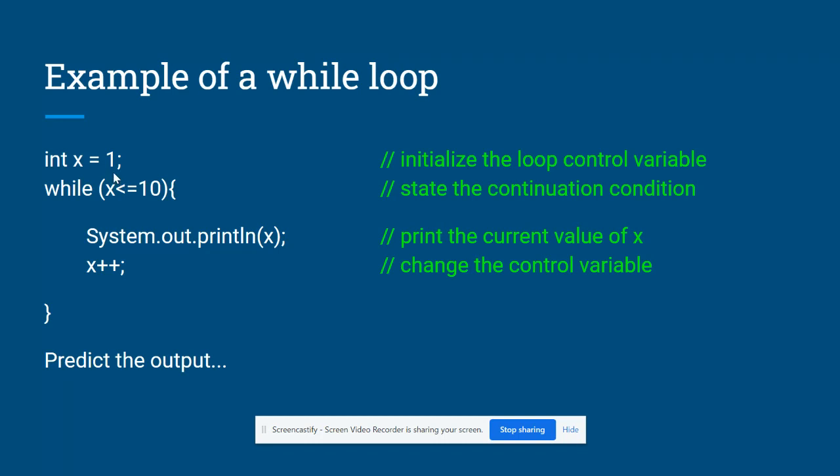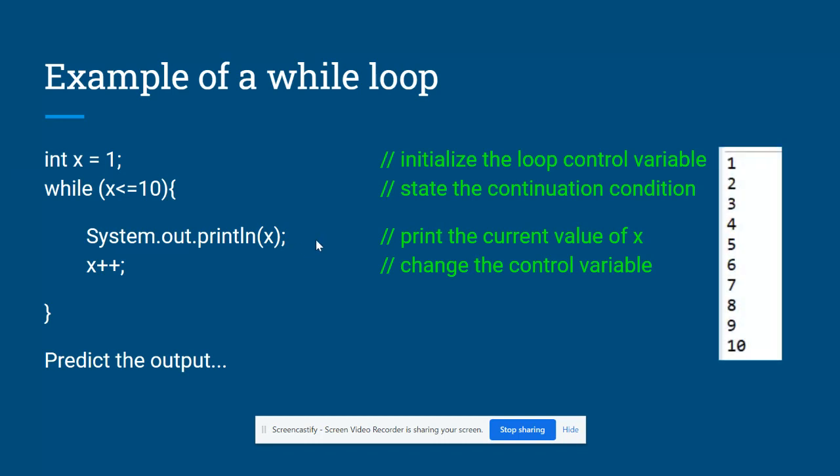So here's another example of a while loop. This one, again, starts x at 1, keeps going while x is less than or equal to 10, and in the loop it'll print it out and then increment to the next thing. So what is the output? You can pause it and predict. Here is the output. The first time, since x is 1, it prints 1, then makes x 2, goes back up, 2 is less than or equal to 10, that's true, prints a 2,